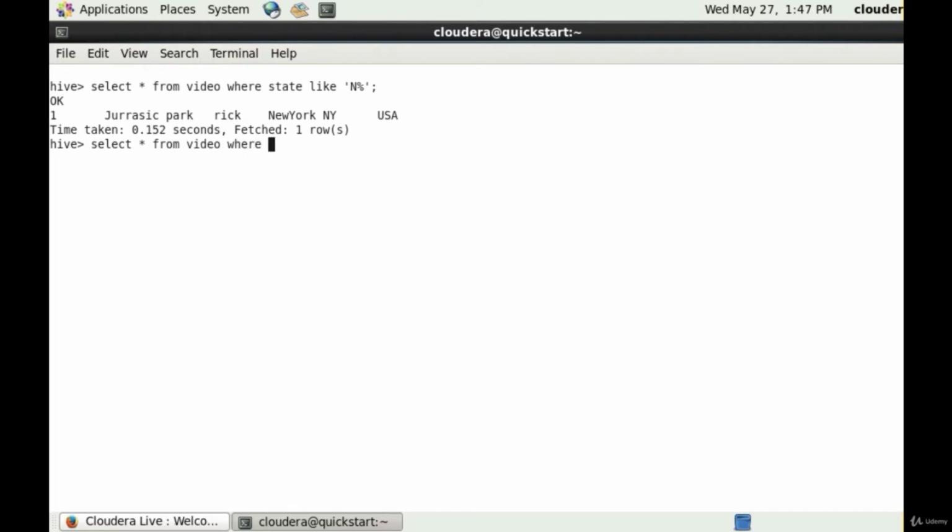Now select star from video, where video ID greater than 1 and video ID less than or equal to 2. This will bring only the records within that range. So you can specify these operators, greater than, less than. Select star from video, where